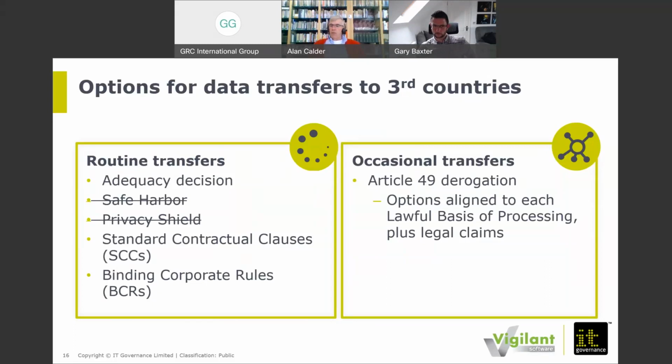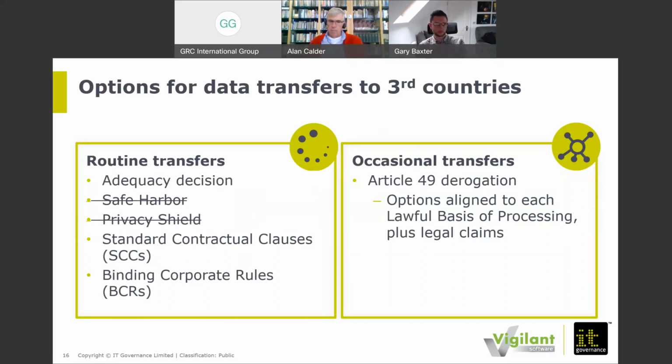There are occasional transfers, so you might be transferring data to a hotel in a third country, and there are a set of possible options that you might be able to put in place to deal with what you might call occasional transfers, not consistent, regular transfers as part of ordinary business. And in most cases, those which are dealt with in Article 49 of GDPR are going to be inappropriate for organizations. So what you're looking at are standard contractual clauses, and